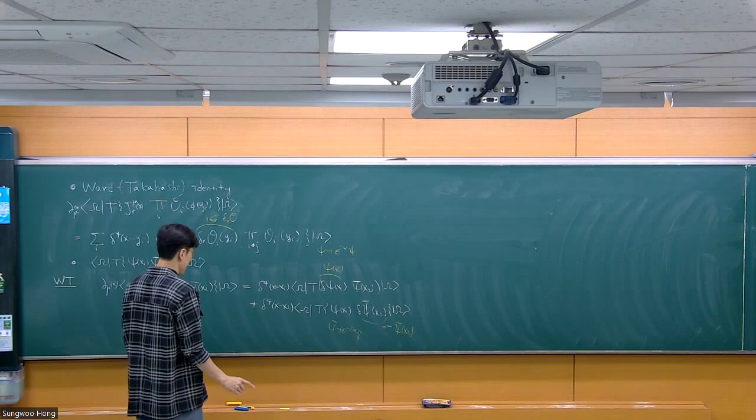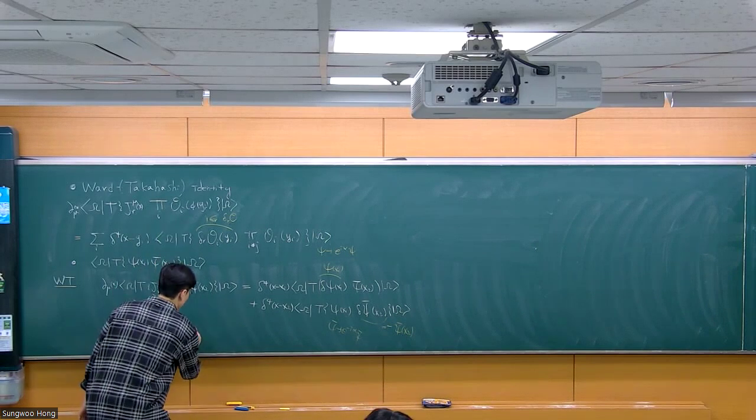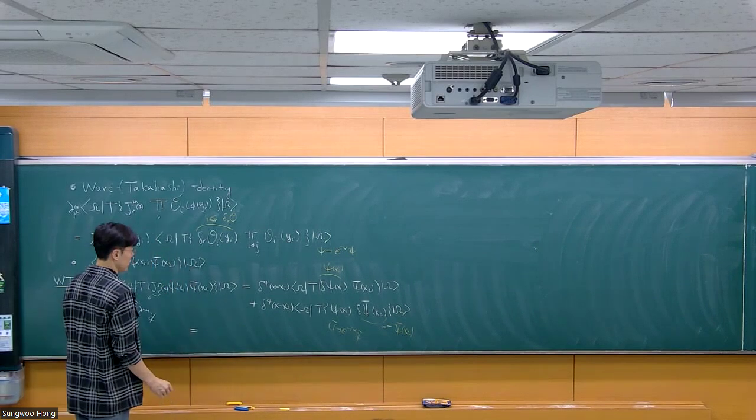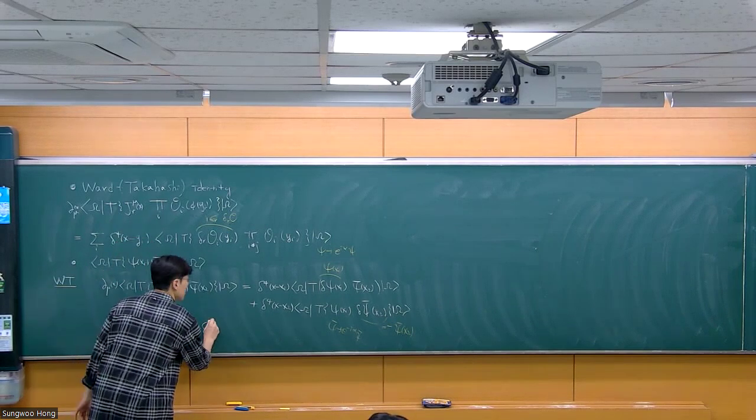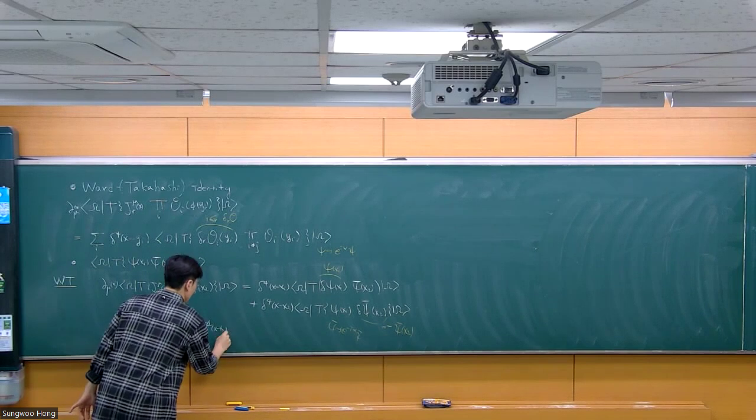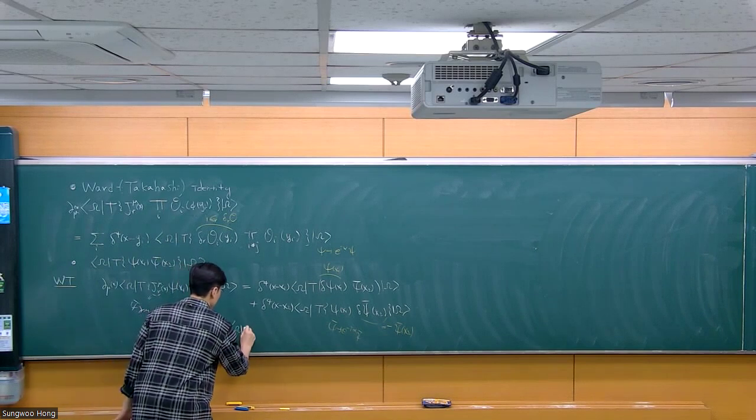Good. So then let me just use this space to finish up. The WT identity is therefore